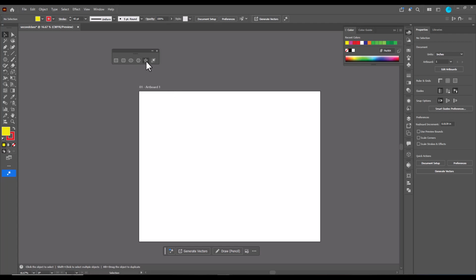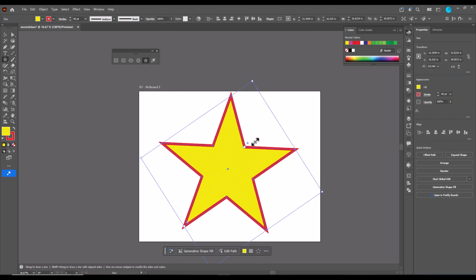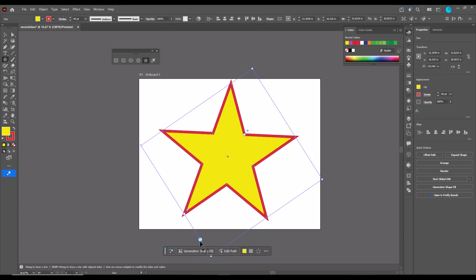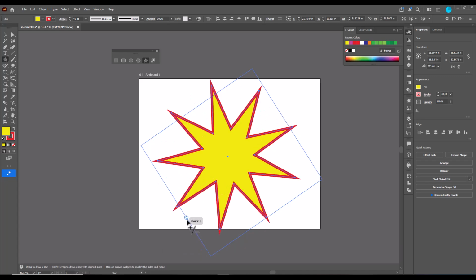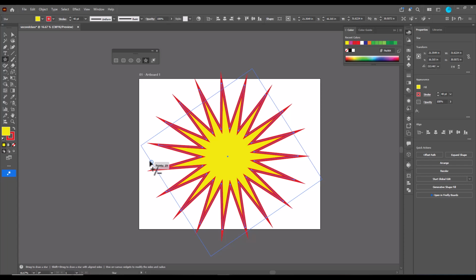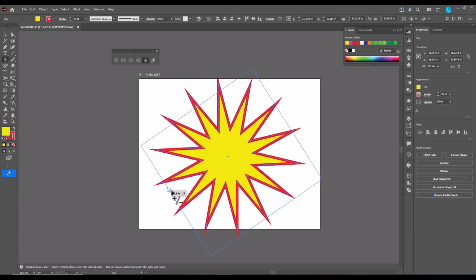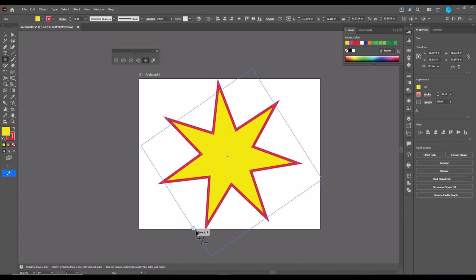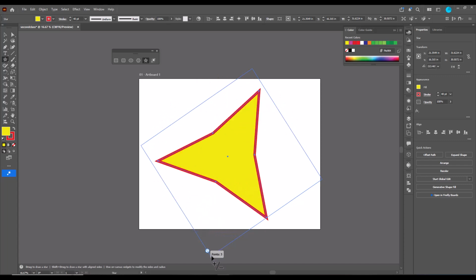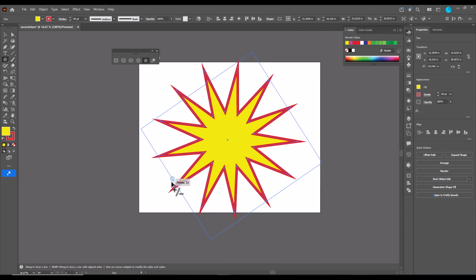And then the next one is the star. Here we have the star, and we can see an icon on top of the bounding box around this star. If we use the left mouse button and drag that icon, we can change the shape of the star. Now it looks like a sun shape, and if we bring it down, we can reduce the number of points on the star. So something like this. Right,